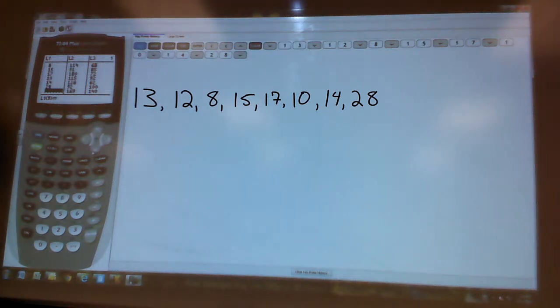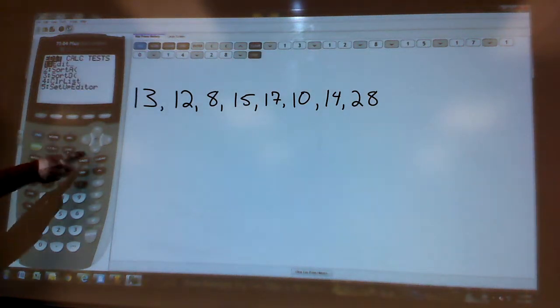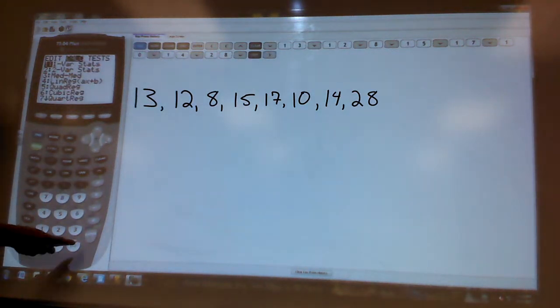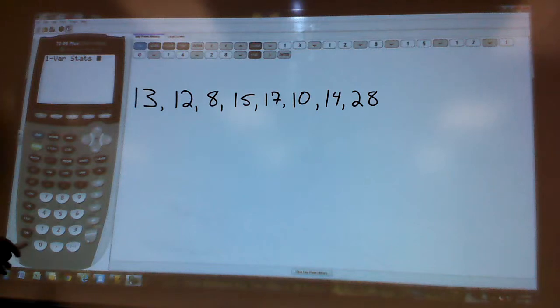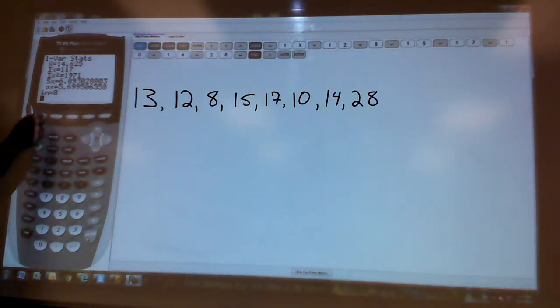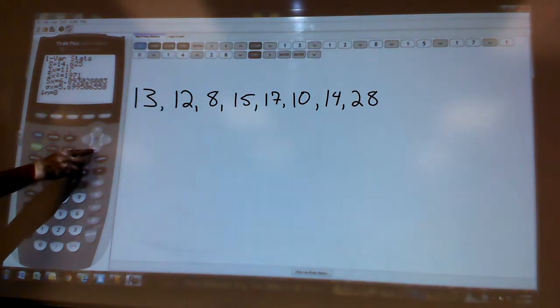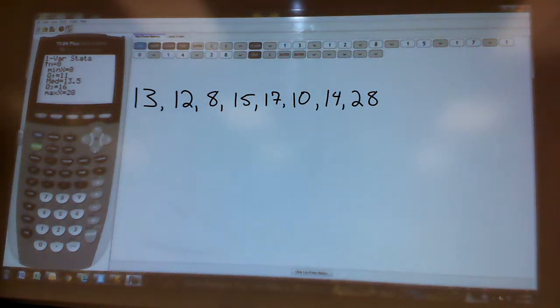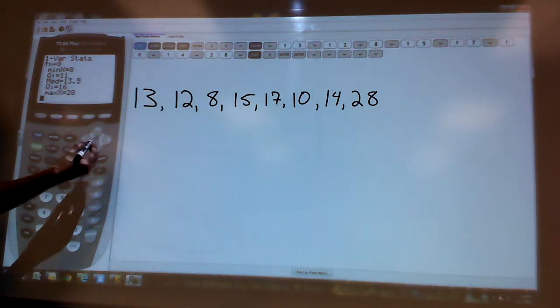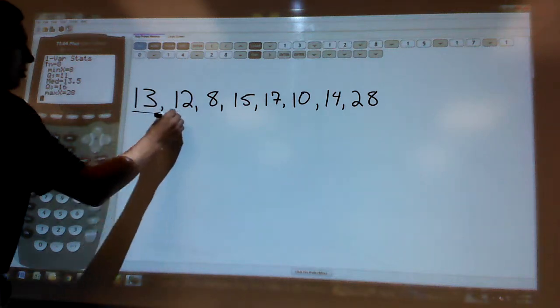All right, so punch in the numbers. If I want to calculate the 5-number summary, you hit Stat, and then you go over to Calc. One variable stats. If you hit Enter, it assumes list 1, so we'll do that. I got the mean is 14.62, so on and so forth. If I keep scrolling, I get the 5-number summary. And the 5-number summary is